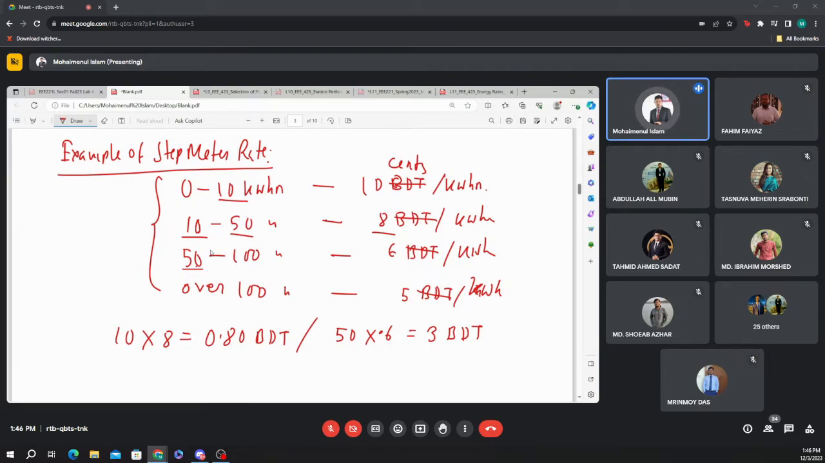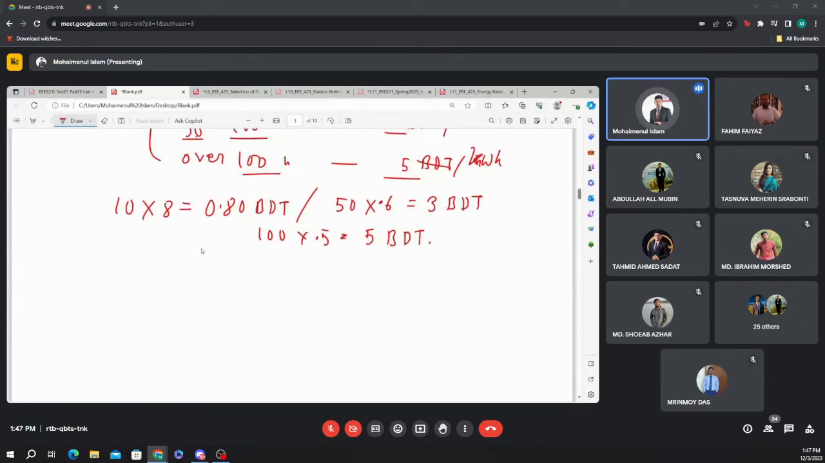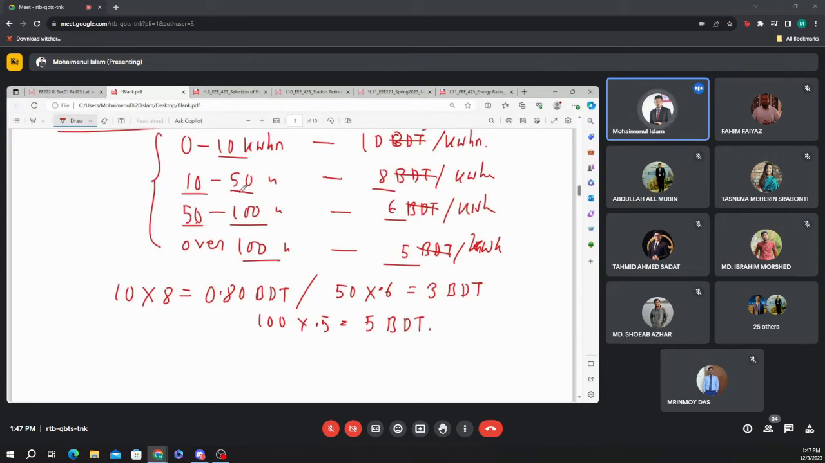And finally, it is over 100. So 100 is for 6, also 100 is for 5. We can take the lower one. So 100 into 0.5 cents. So it is our 5 BDT. So you see, each of the steps has another value of pricing. We can now set the upper end of the constant for each of the steps. Suppose for 50, it is